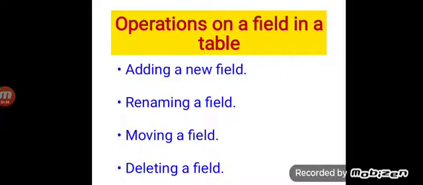You know what fields are: fields are the vertical columns, and the rows are called records. This topic is for operations on a field. Let us see how you'll do that one by one.